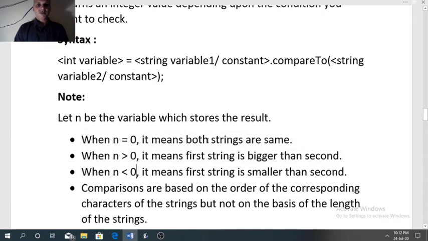So in case of 0, both the strings are same. Suppose we are storing the result in a variable n. Second possibility, if n is positive, meaning more than 0, the string on the left side is larger than the string on the right side.